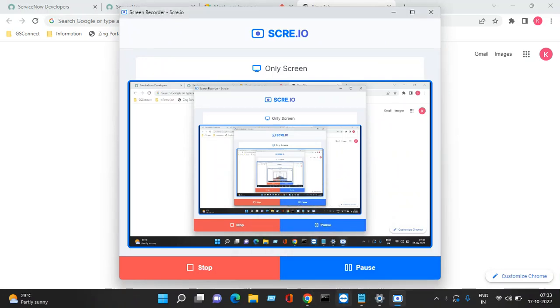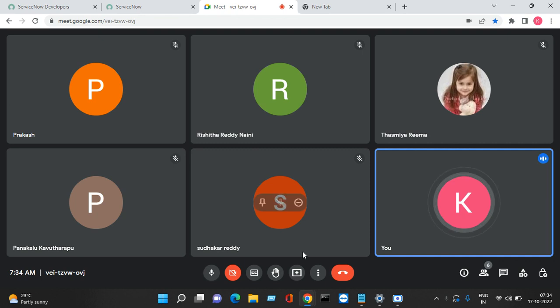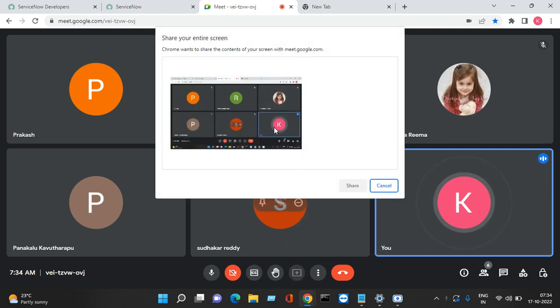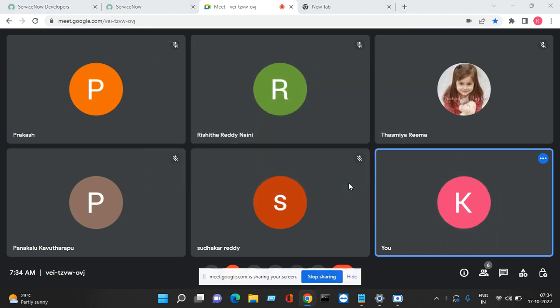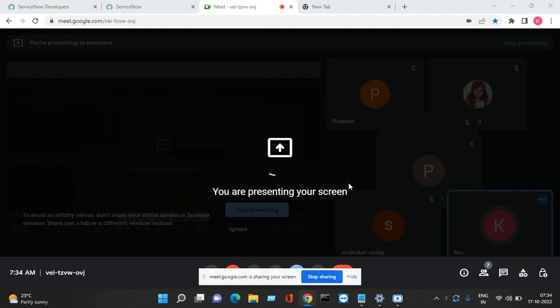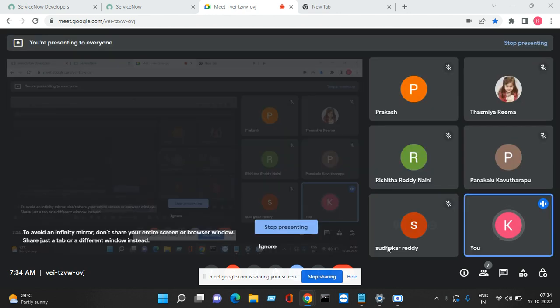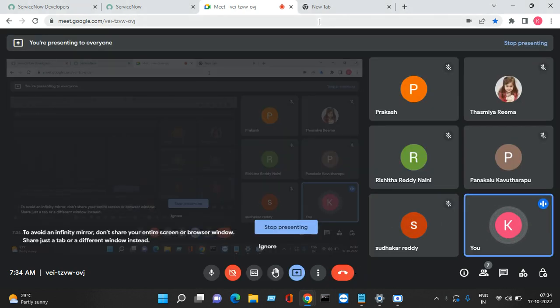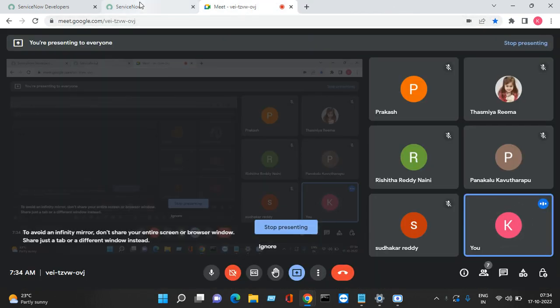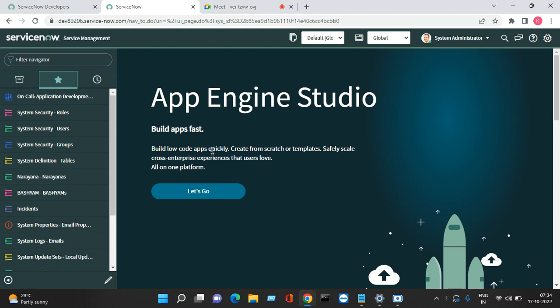In the last three classes, we covered how to create a service catalog, how to create a front end form for the service catalog, and after that how we can add a workflow and see the different workflow activities. That is the basic thing, and it is very important when it comes to ITSM. So today the next topic is